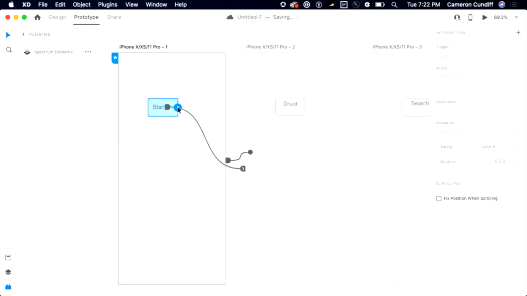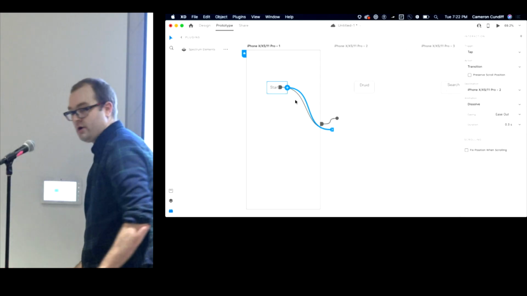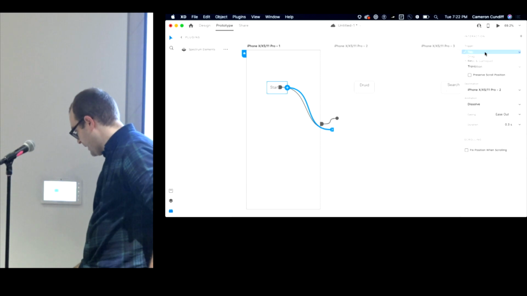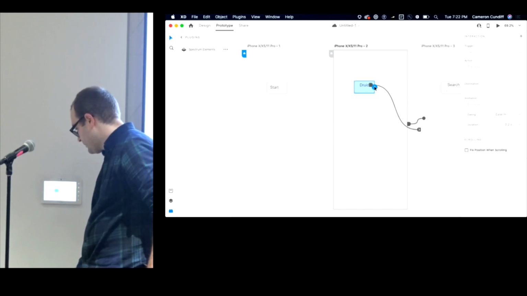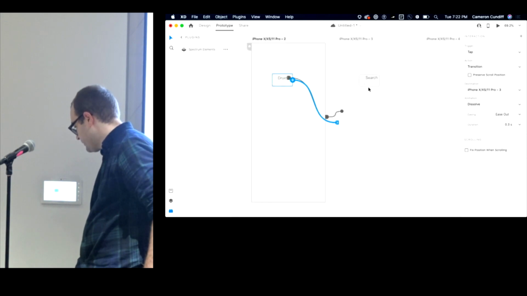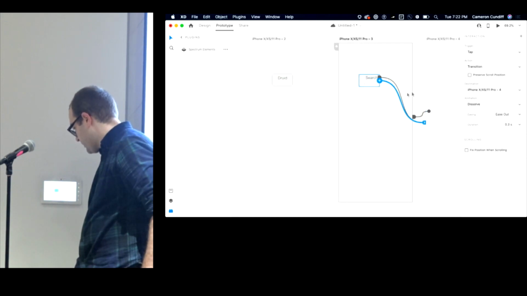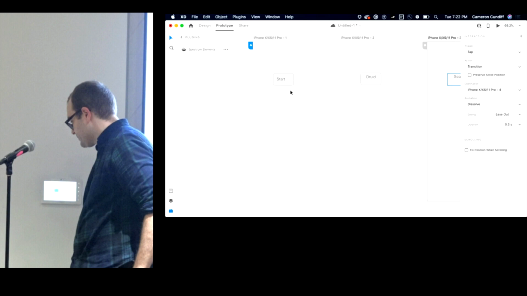So the same kind of interaction works now with a tap. See, I've got a tap action, transition, tap action, tap action. So suddenly we've got